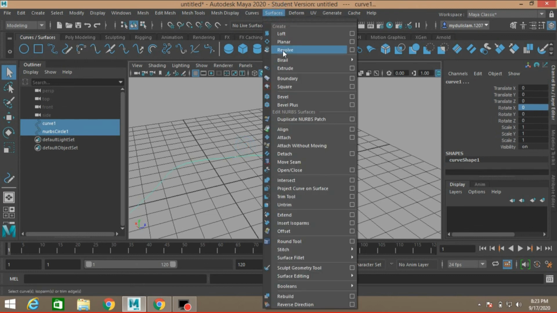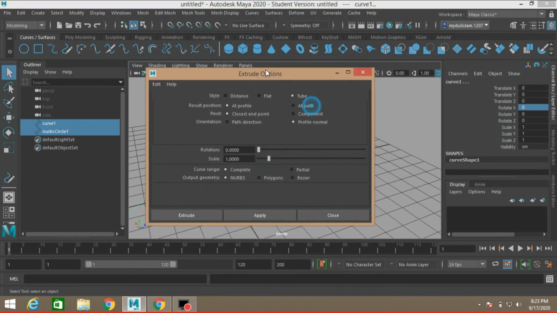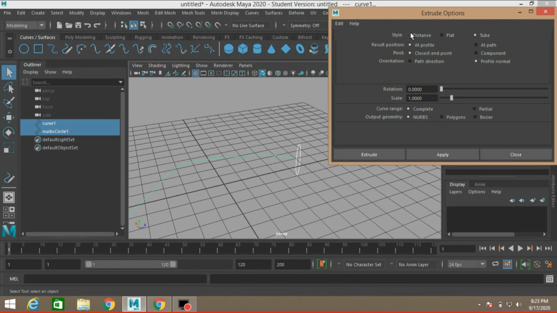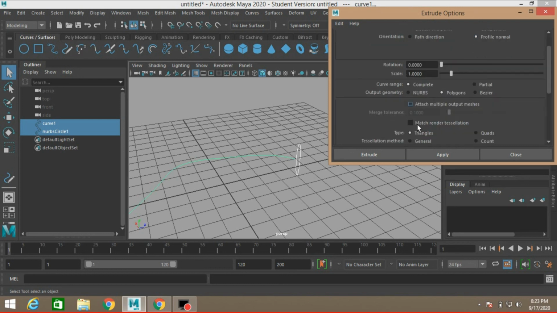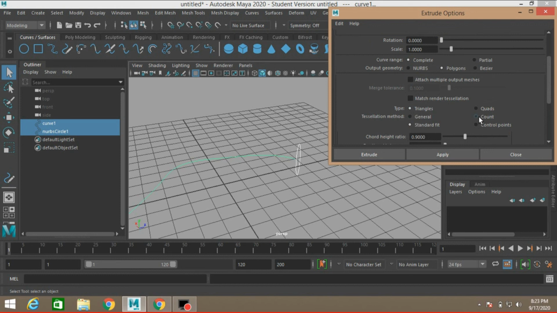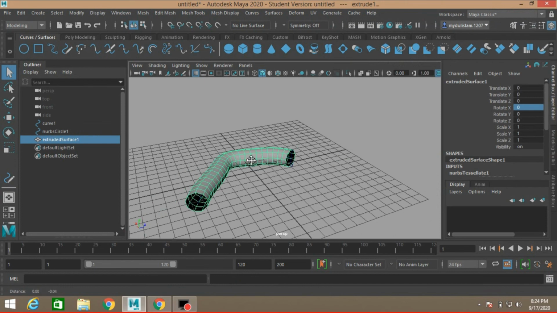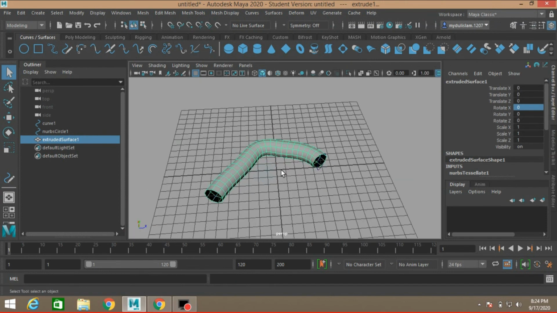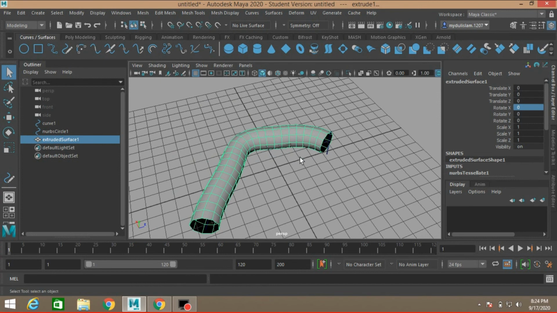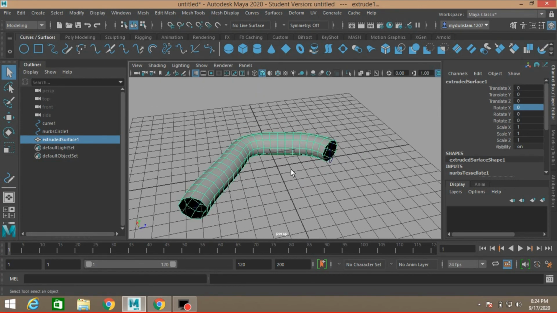Go to surface, click extrude, open the extrude option, select add path, profile and polygon, triangle or quads which you like, the polygon count, click extrude and see, a polygon is created with the NURBS circle and the pencil curve.